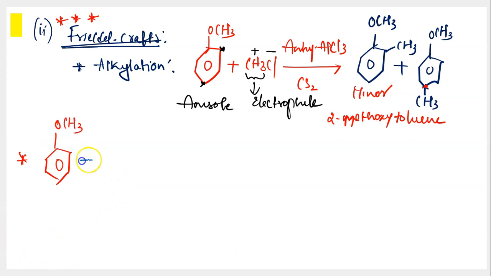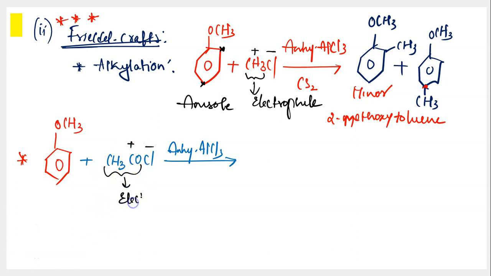Okay. So in this case, what I am doing is, instead of taking CH3Cl, I'm taking CH3COCl, which is nothing but acyl chloride. Acyl chloride is a common name and the IUPAC name of this molecule is ethanoyl chloride. So this acyl chloride is treated with anhydrous AlCl3 again, which acts as a catalyst. And in presence of anhydrous AlCl3, you will have Cl minus produced and CH3CO plus produced. So this unit acts as the electrophile.